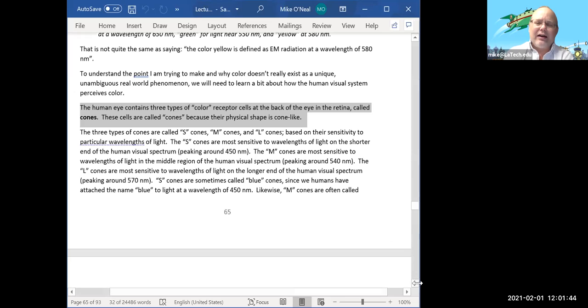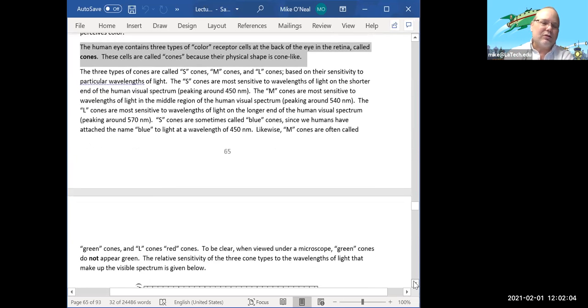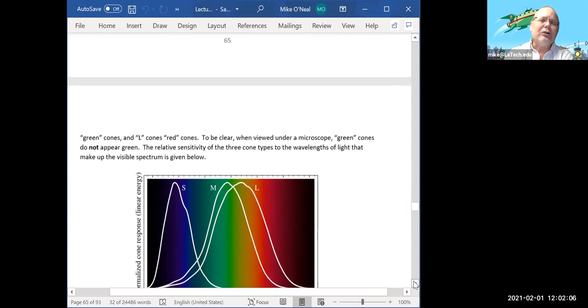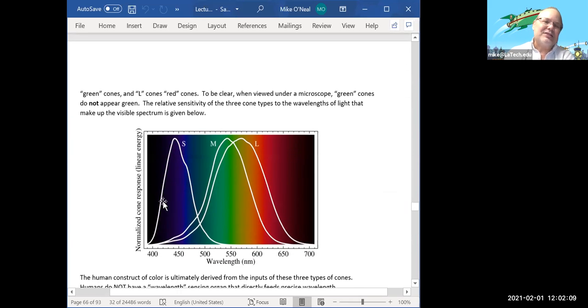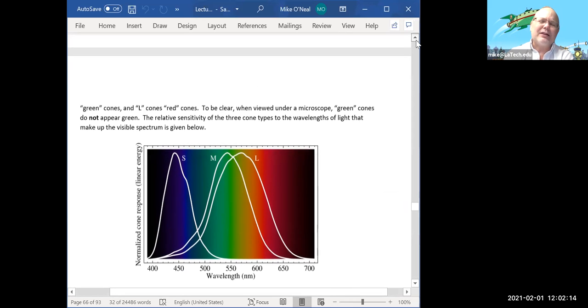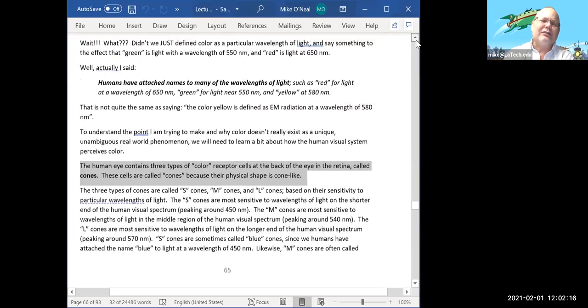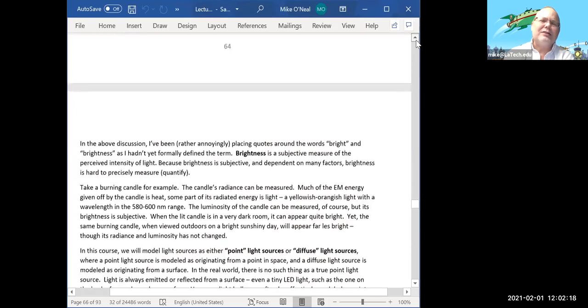So you basically have 3 color receptors. Again, they're often called red, green, and blue receptors, but really it makes more sense to call them L for red, because the red wavelengths are longer wavelengths, M, which are the green cones, and S, which is the blue cones, because they're shorter. And here is the sensitivity of the cones. You might say, wait a second, didn't you give me something like this, Mike, that had 2 little thingies on it earlier, and now there are 3 little thingies? Well,